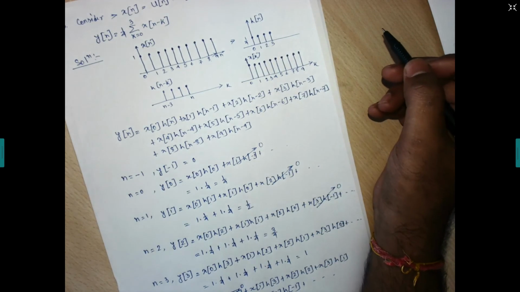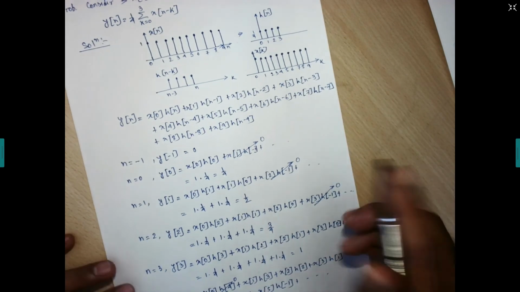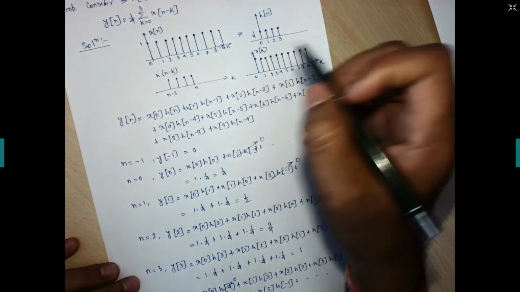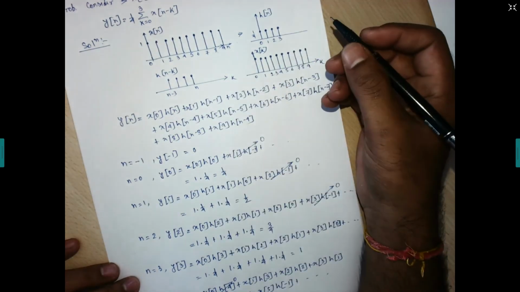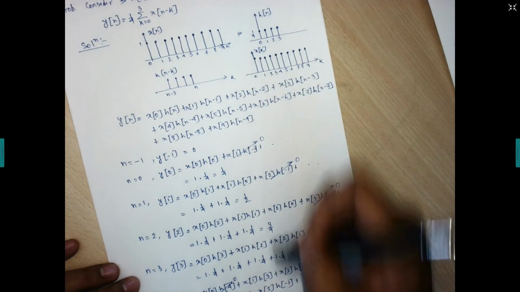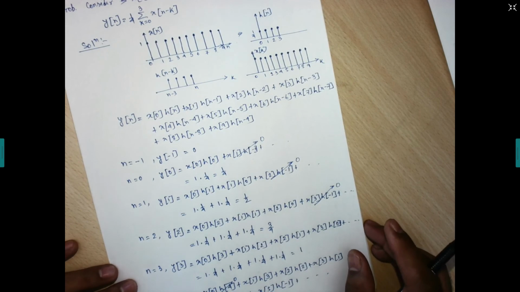Getting or not? So up to this 9 we are having the 4 samples of this hn interacting with these 4 samples. If we move beyond that, let us consider n is equals to 10. So what is happening? Up to 9, the same amplitude of y will result in 1. Getting?